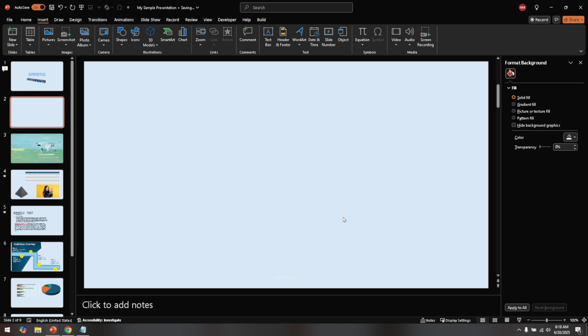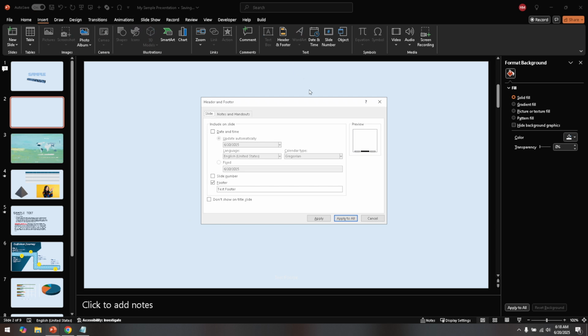Remember, these little details make your work look polished and professional. Whether you're presenting to an audience or sending slides to a colleague, a well-structured presentation always leaves a lasting impression. Feel free to explore other customization options under the header and footer menu to better tailor your presentation to your